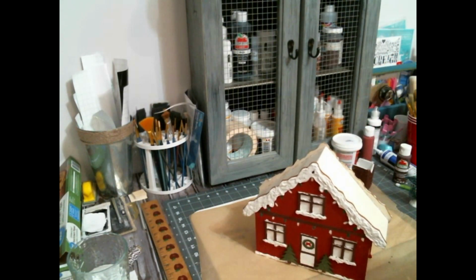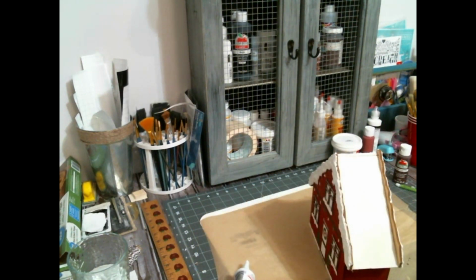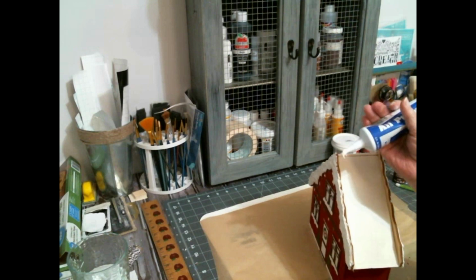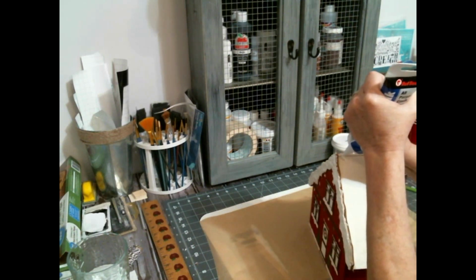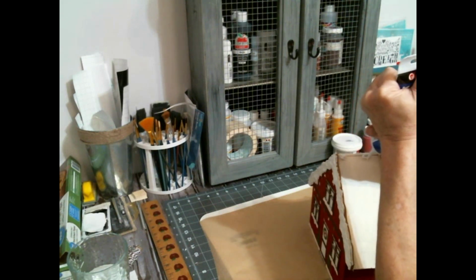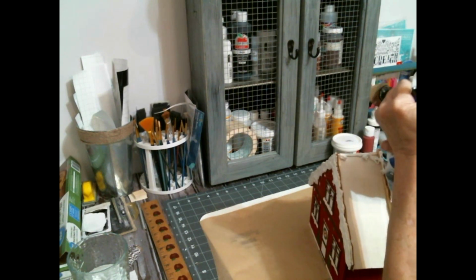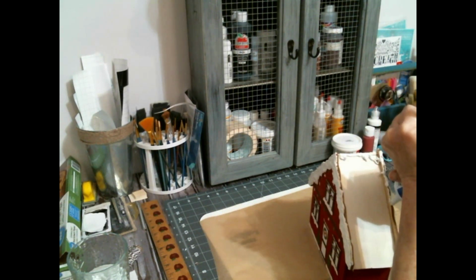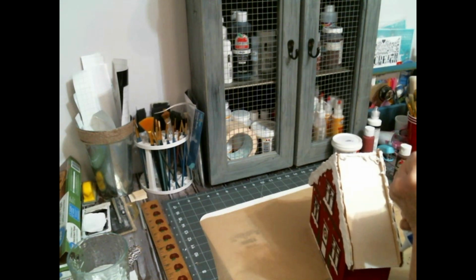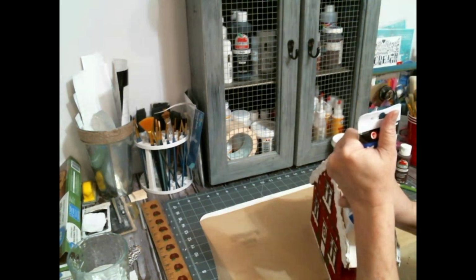See, I don't. And it's a little wobbly, but I do take a little wood piece and put it under, because none of these houses or Dollar Tree items, for the most part, are 100% the same size. But I just took a little wood chip or wood slice that I had and put it under the one side, at the end where it's wobbling. And now I'm just taking that same